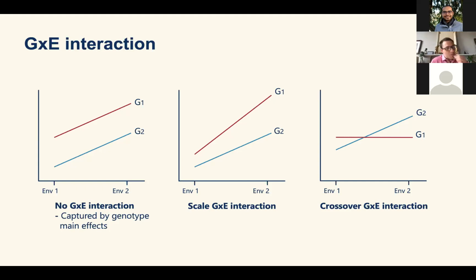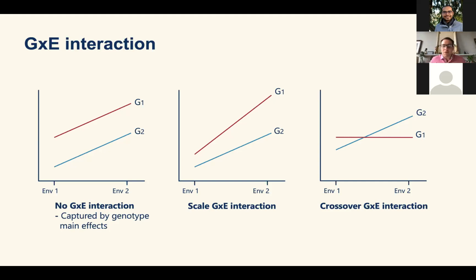And this is actually what we're doing when we say that we have genotype main effects, essentially. There is a difference in the upward direction in the performance, but their rankings don't change, and the differences between the performances don't change either. That's just changing by different environmental means.